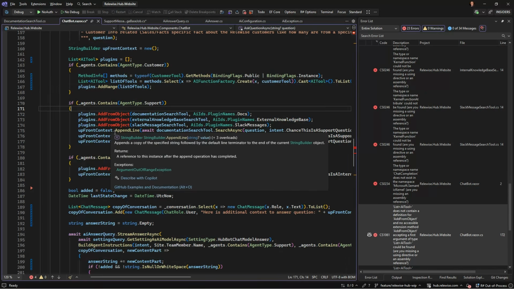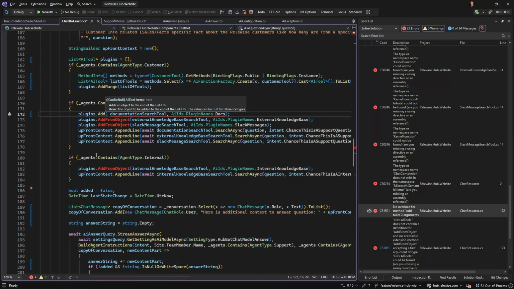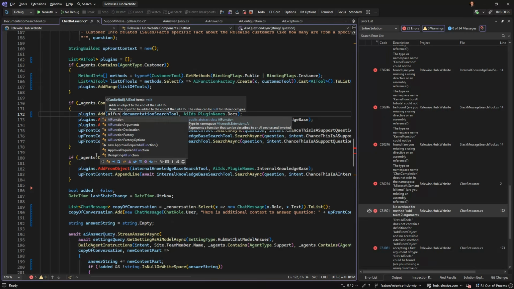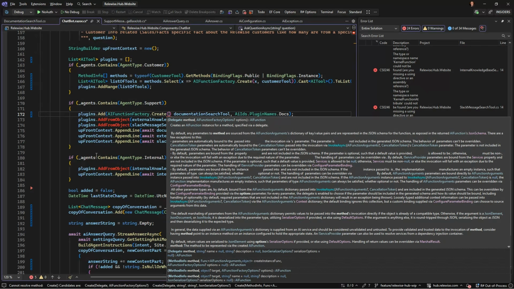And we can say add here. And we need the AI function factory create.